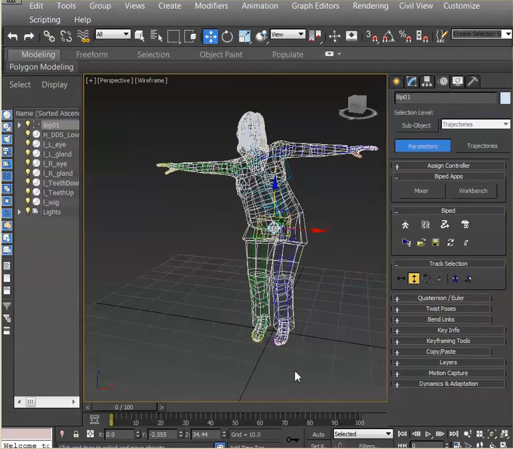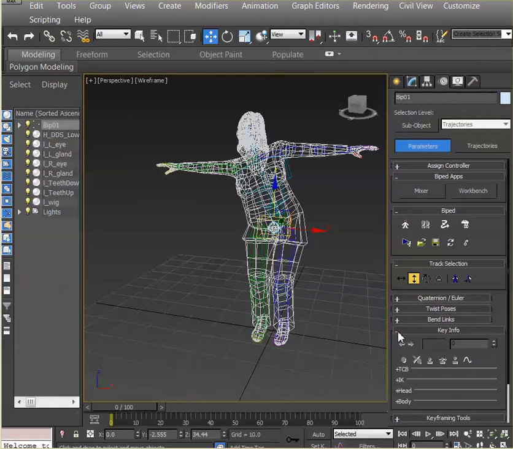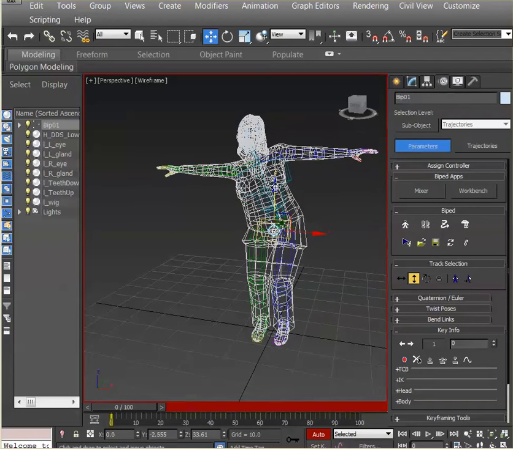So I'm going to set, if you go back to key info, I don't know why it went away, you're going to notice there's nothing there. So I'm going to set it to auto key, and I'm just going to move it a little bit so that we can activate that keyframing